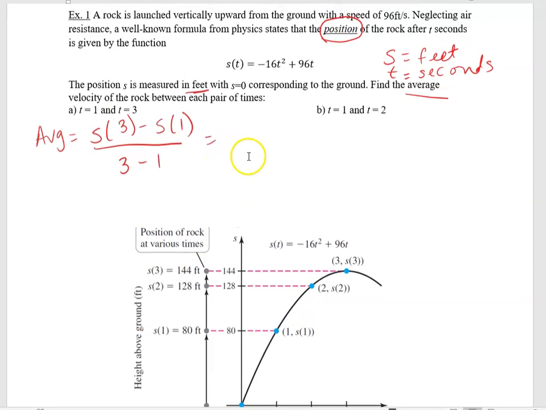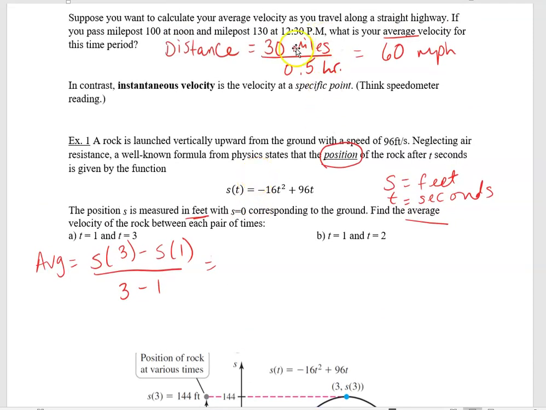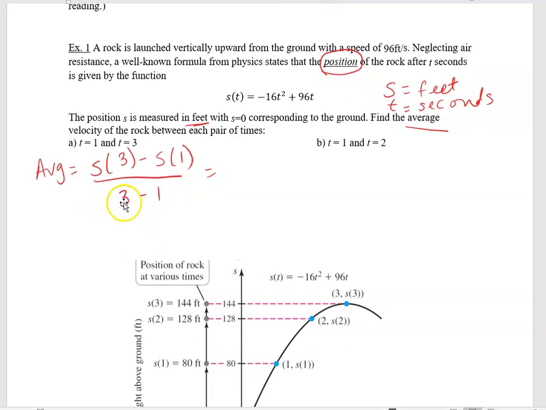So again, this is similar to my example where I'm traveling. It's the change in the distance over the change in the time. So the change in the distance is the change in the position function over the change in the time. So S of 3 and S of 1, if I put those numbers into the position function